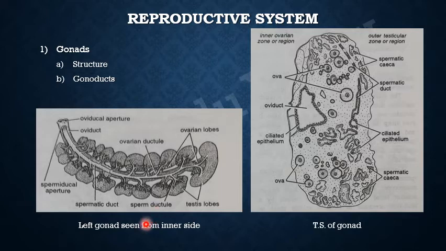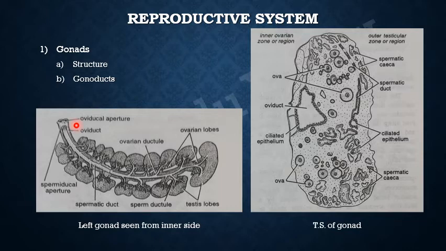The oviduct is a wider tube formed by the union of ovarian ductules, one from each ovarian zone. This is the ovarian zone and this is the duct, and like this it goes. It extends beyond the gonad for a short distance and opens into cloaca or dorsal atrial cavity, a little behind the anus, by an oviducal aperture bordered by 4 thick lips. Here you can see these are the 4 thick lips.